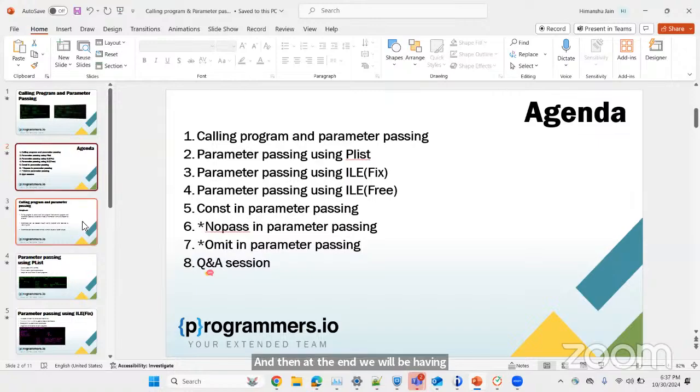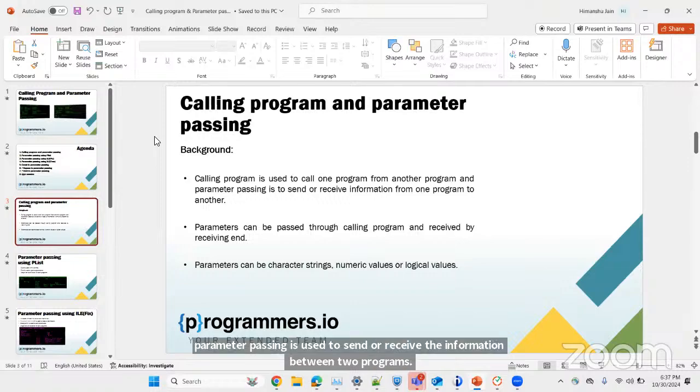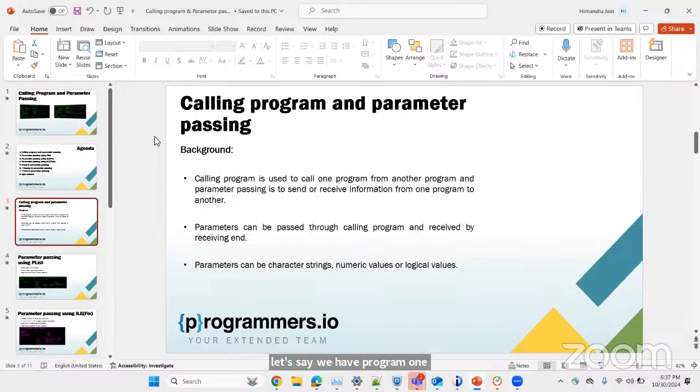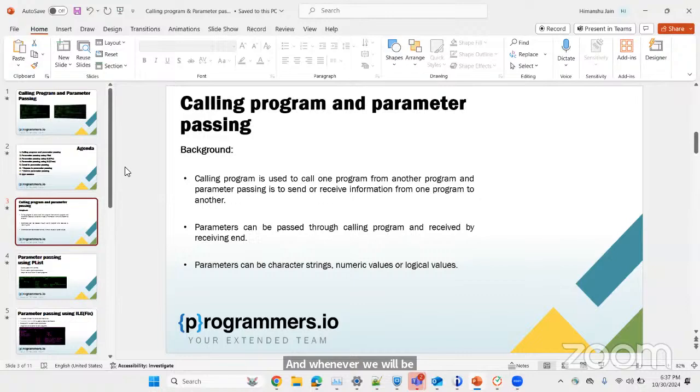Okay, so what is calling program and parameter passing? Basically, calling program is used to call one program from another program, and parameter passing is used to send or receive the information between two programs. Let's say we have program one, and in program one we have two parameters as ID and name, and we want to send those information of ID and name to the second program. Then we will use the parameter passing,